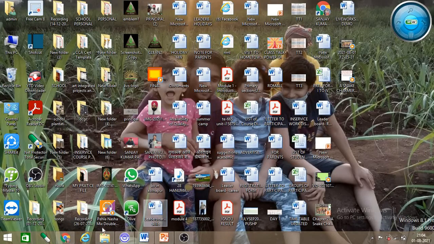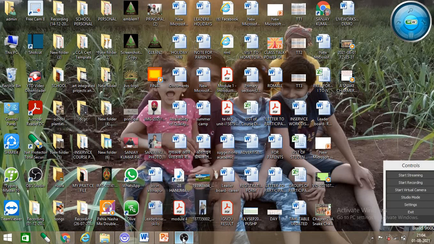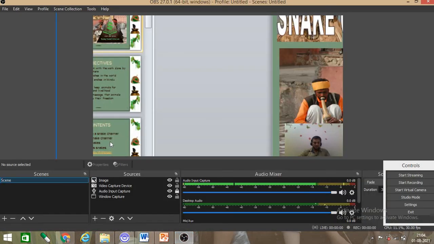Now this is the way you can open your video that will be saved on the path you have already given in the setting. Okay, it is taking some time. Now I will go to my OBS again. So I will explain the same settings: scene, sources, then these are the settings. You have to go for image, video capture, audio capture, window capture, and for screen recording you have to go for display capture.